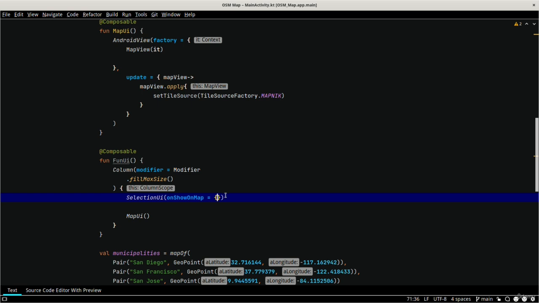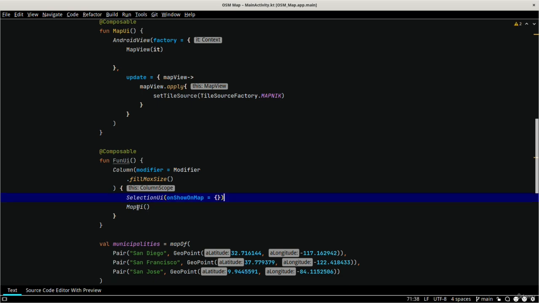We have to do something with it. So first of all, we can pass to our map view some arbitrary geopoint. For example, I can define a new signature for map view. I can change its signature to accept some parameter,